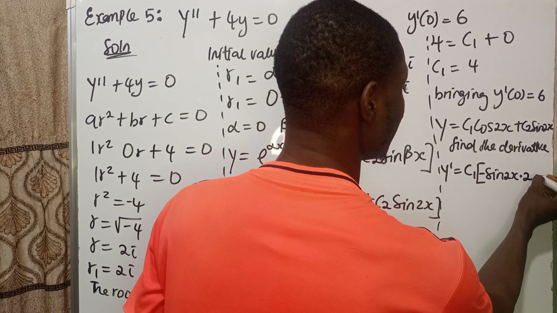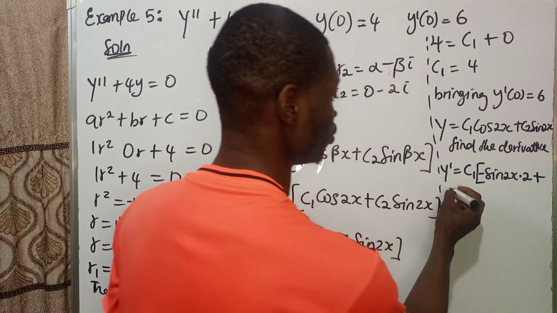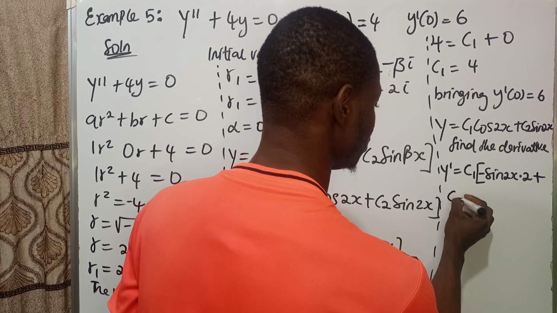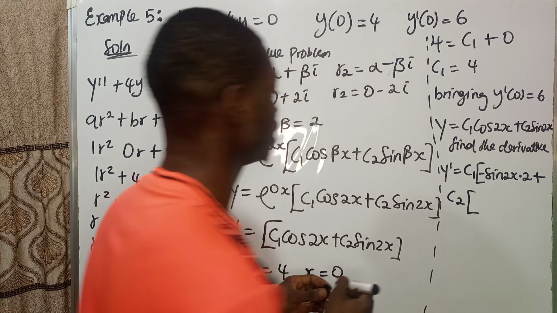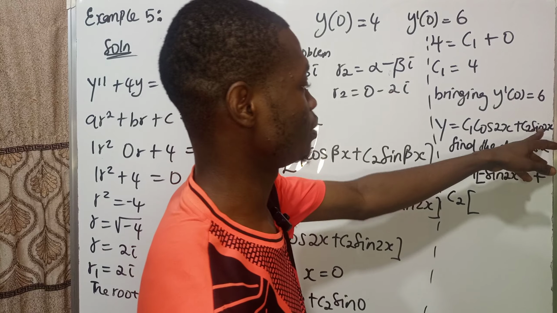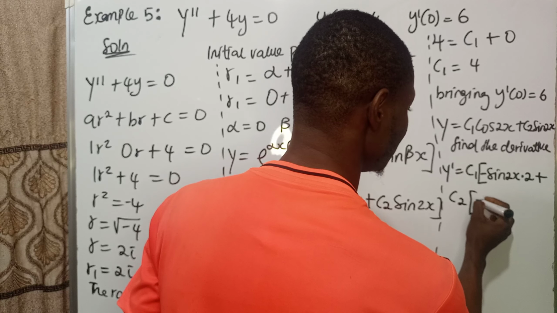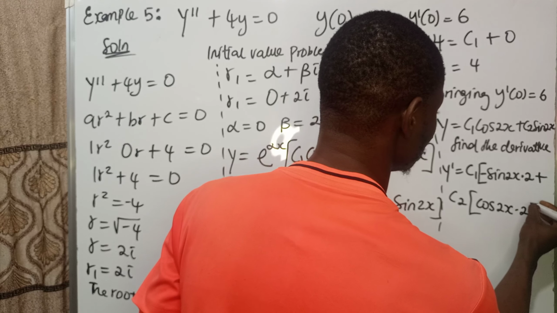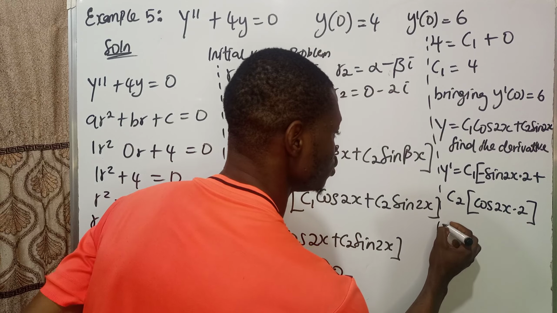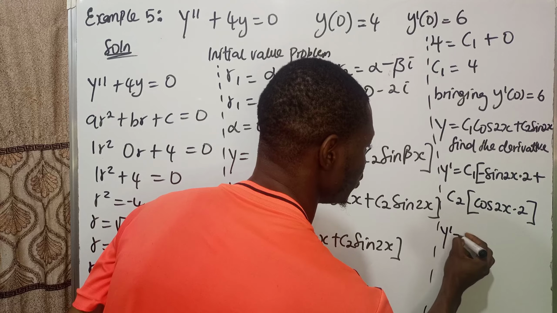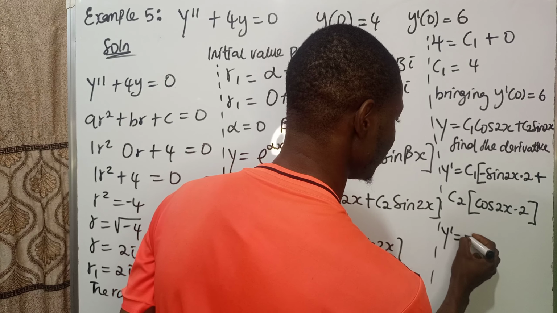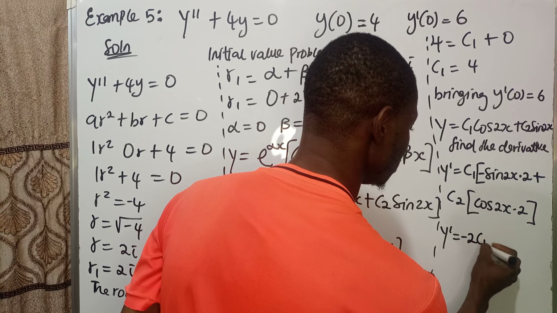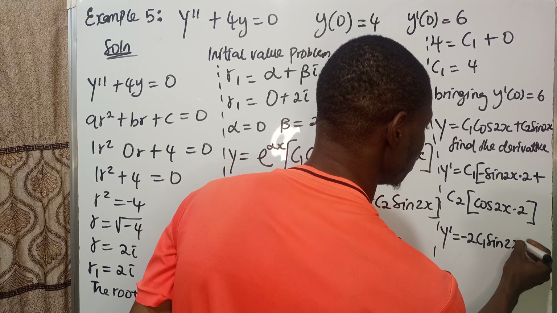Then plus c2, and the derivative of sine 2x will be cos 2x times 2. So y prime will now be minus 2c1 sine 2x